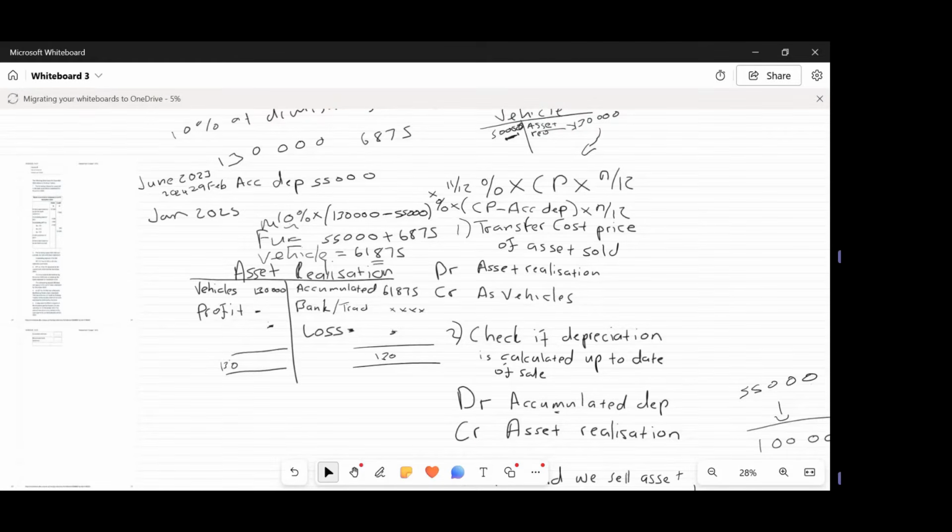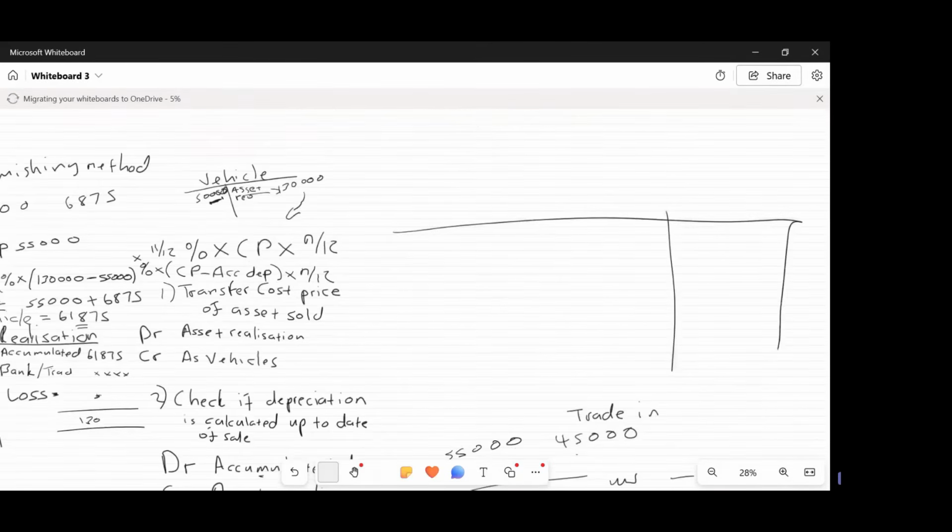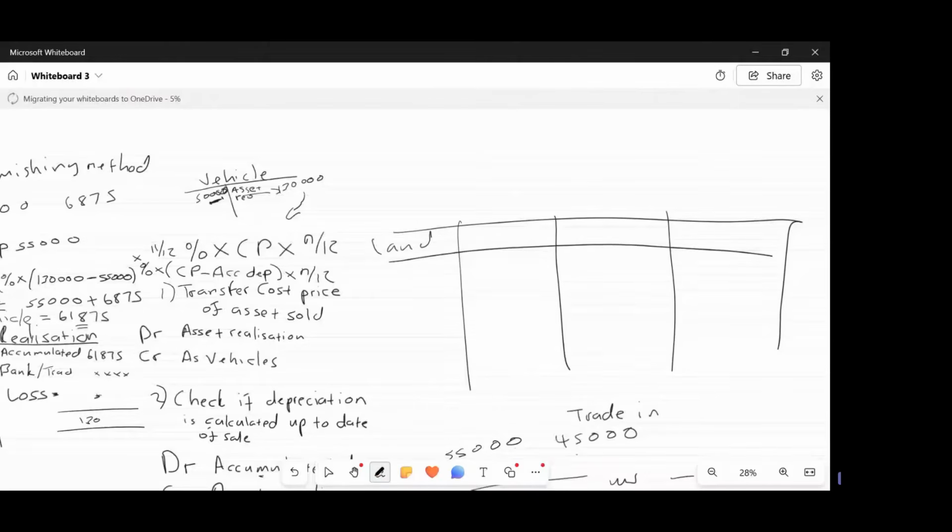Okay. And then this topic, is it the same as PPE? Well, when you're dealing with the PPE now, it's the block whereby you have your assets. If you have land and buildings, then you have your vehicles, then you have your equipment, and then you have your total. So whereby you have your balance at the beginning, which is a carrying value at beginning, and then you have your cost price, and then you have your accumulated depreciation. And then the next thing that you have